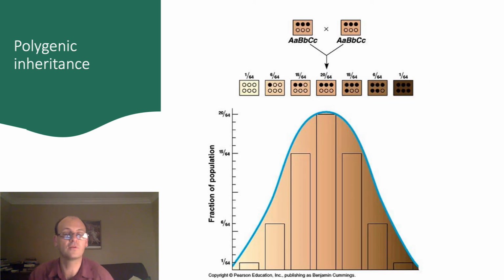There are many genotypes that the offspring may be, and some of them involve many of the dominant alleles, resulting in dark skin, and some of them involve many of the recessive alleles, resulting in light skin. Although many skin tones are possible, the light and very dark skin tones result from relatively uncommon combinations of alleles. The intermediate combinations, however, are much more common because there are many ways of creating them genetically. This normal distribution, or bell curve, is really common for polygenic traits like this.